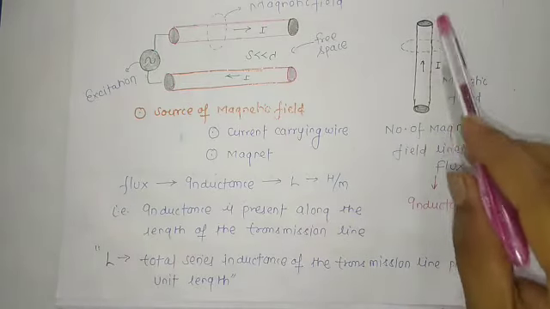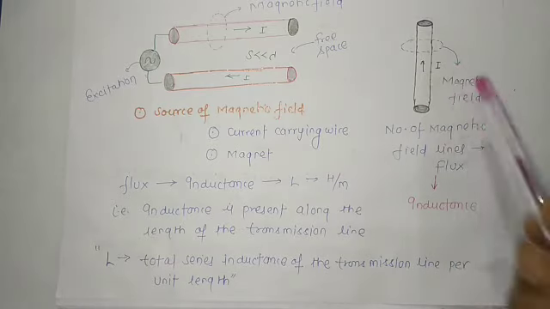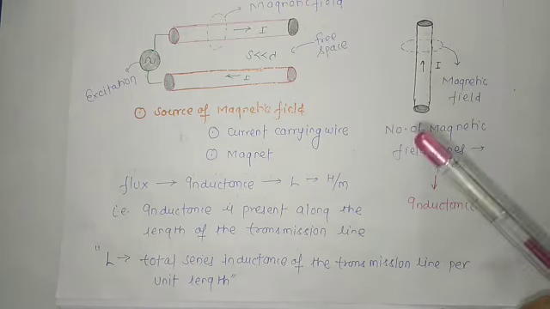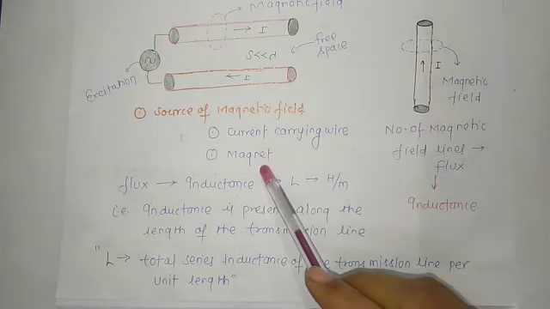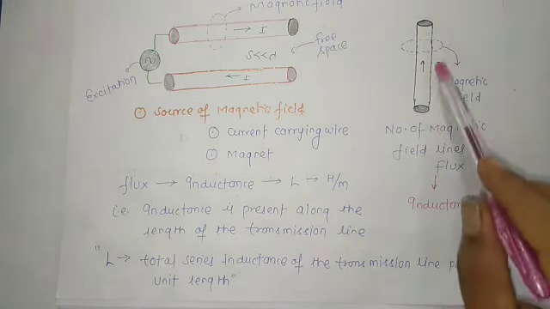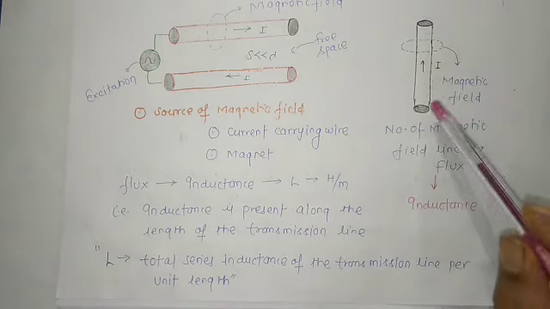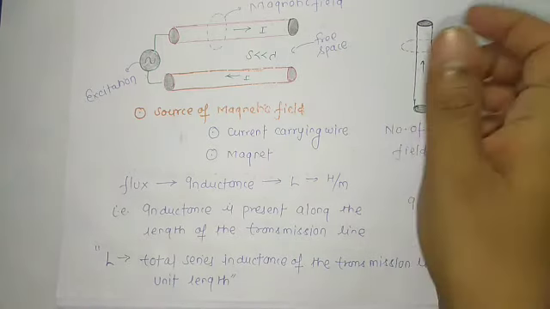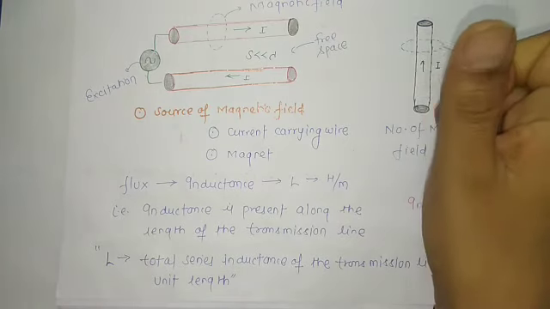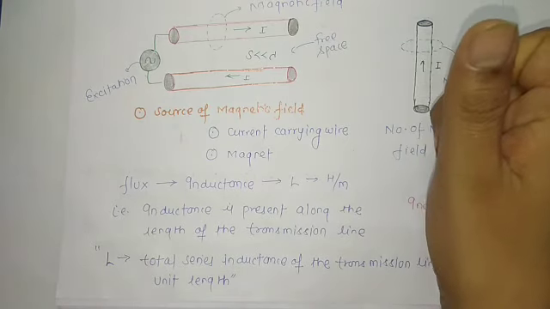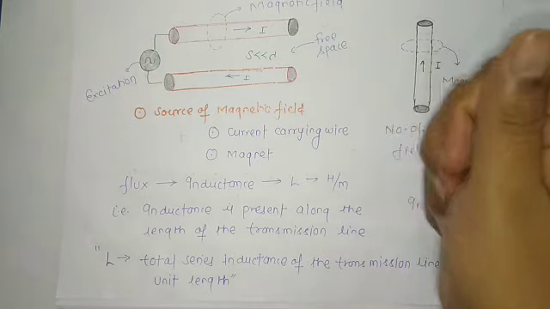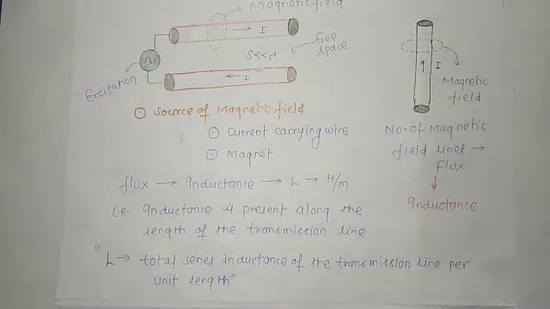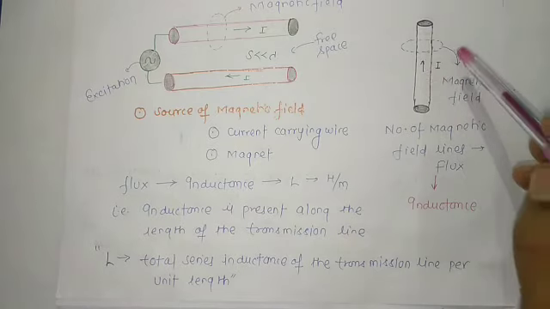Okay, so the next thing is, whenever current passes through a current-carrying conductor, there is a magnetic field. Remember that there are two sources of magnetic field: one is a magnet and the other is a current-carrying conductor. According to Ampere's law, if we wrap our fingers, with the thumb in the direction of current, then we will see the magnetic field around the conductor.